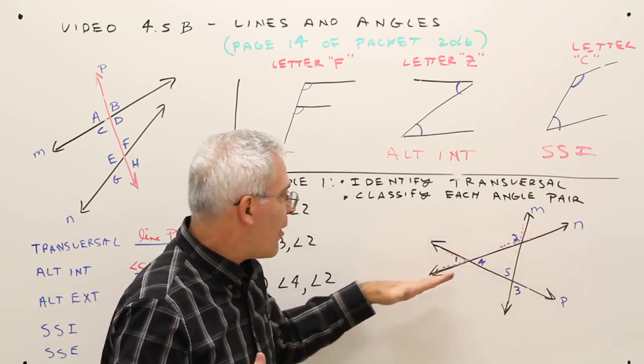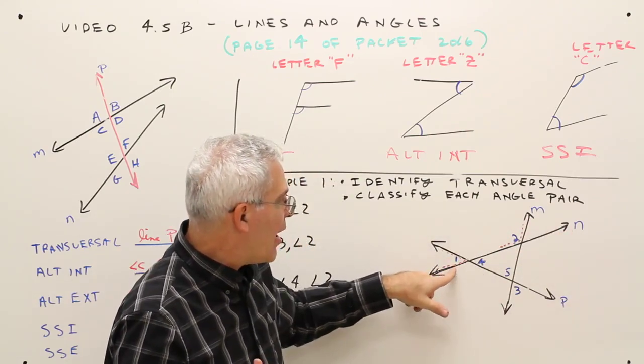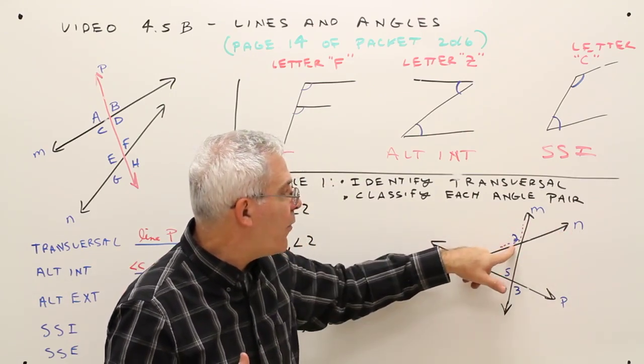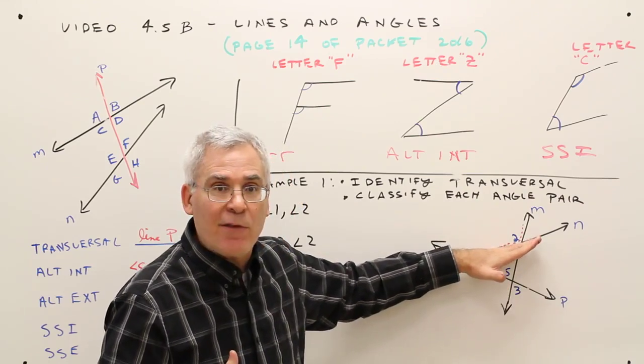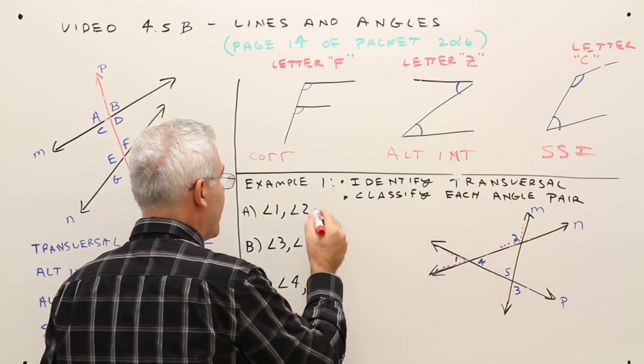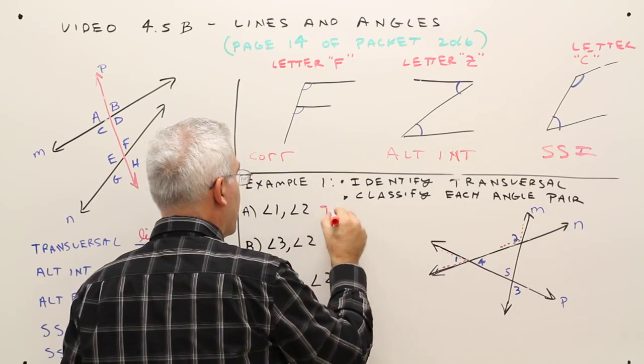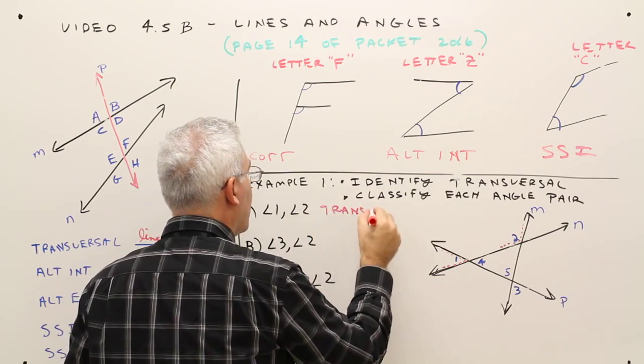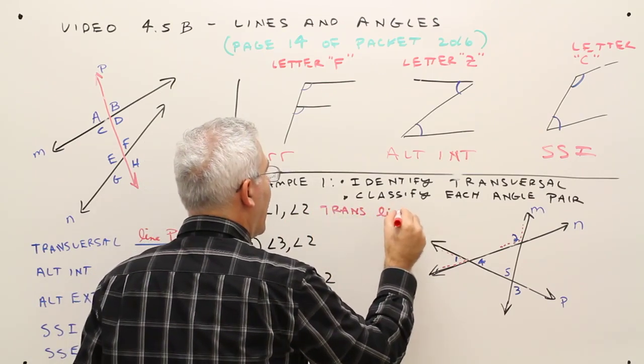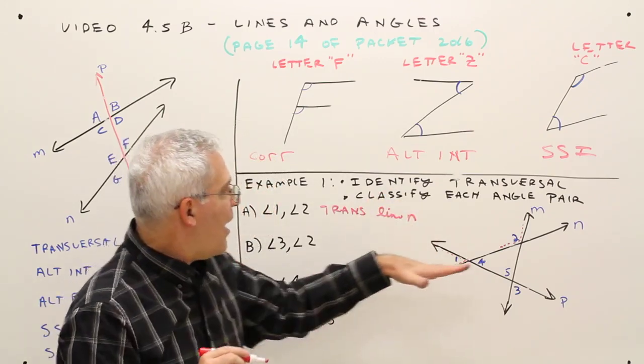So this line here is in common, it's got a common ray for angle 1, a common ray for angle 2, and will be the transversal. Okay, so I'll just say the transversal is line N,